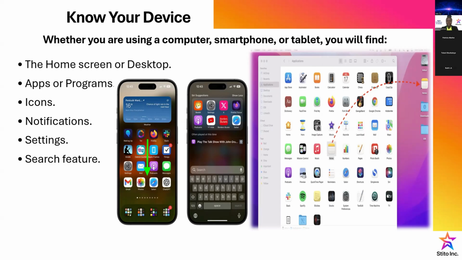The next one is settings. You will see how we use settings on our gadget a lot because it helps us to change how our devices work. If there is a setting on your device and you don't prefer it, or you prefer something else, it can be volume, wallpaper, themes, anything. Settings are there for us to change how the devices work.